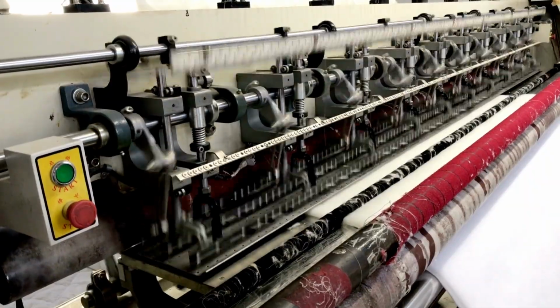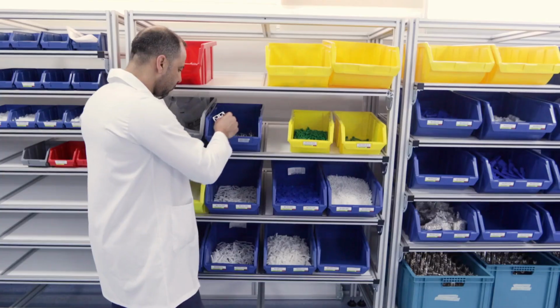A common issue people face with Chinese machines is dealing with repairs and spare parts, so make sure you factor